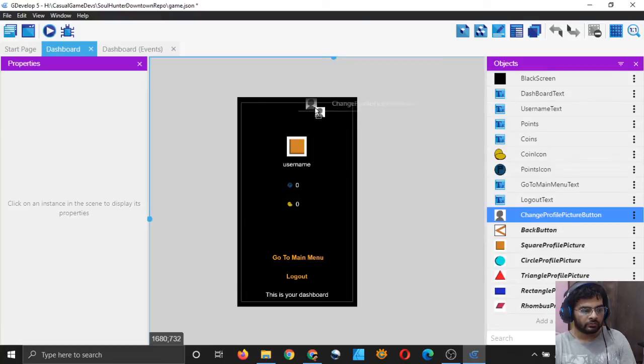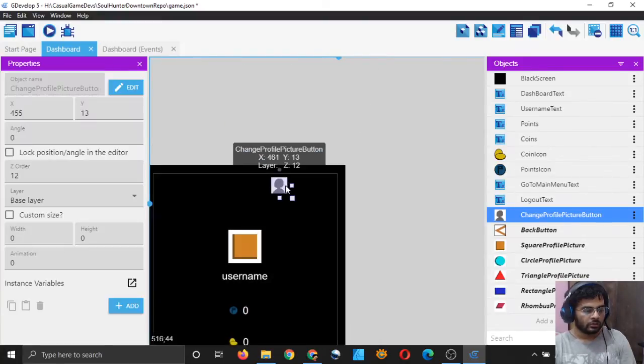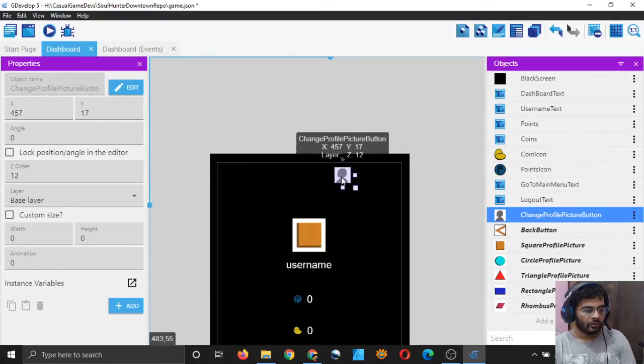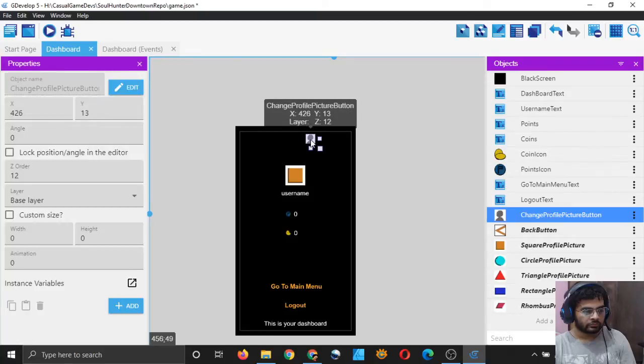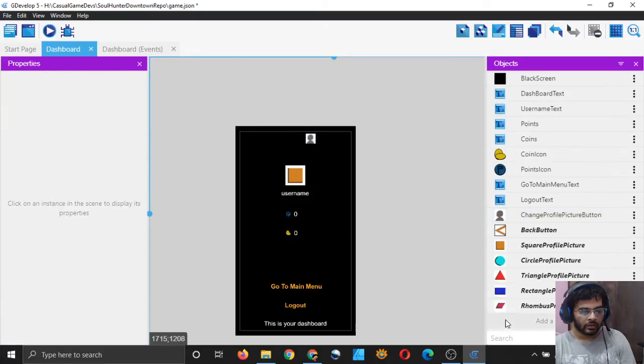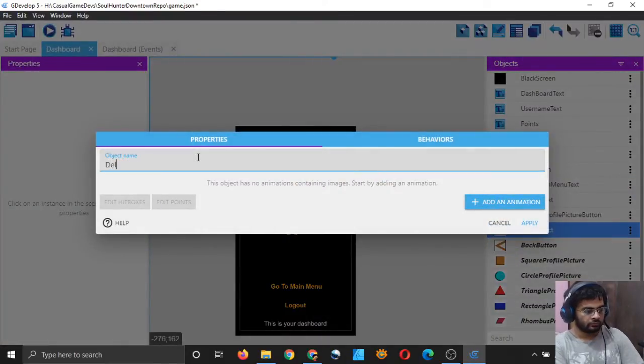So that looks good enough, I guess, right? I will bring it a little bit here, little bit, and I will also add another object, and this will be a delete account button.